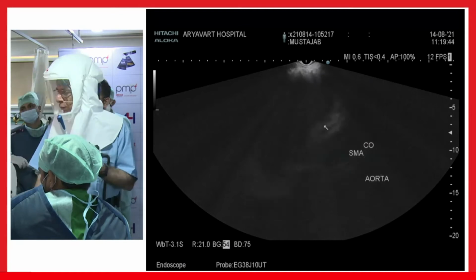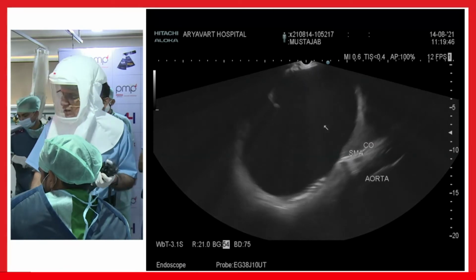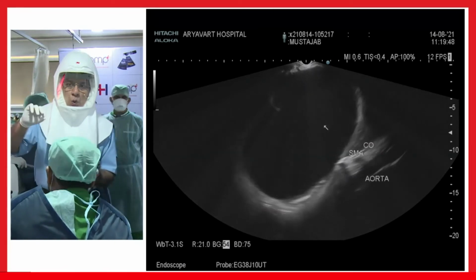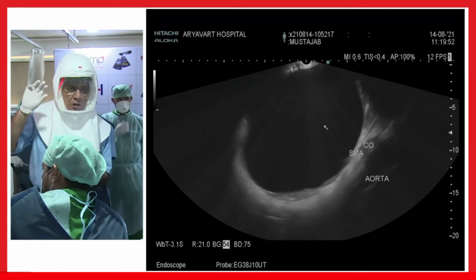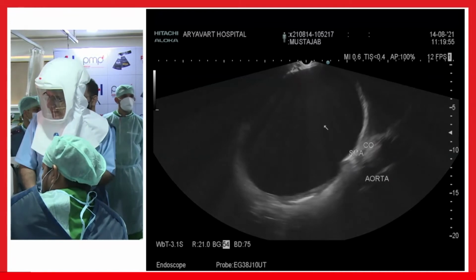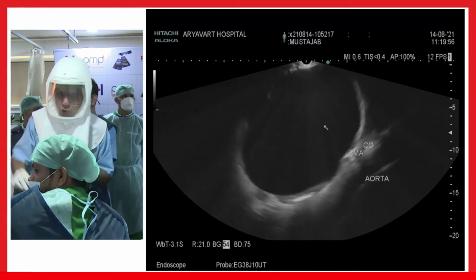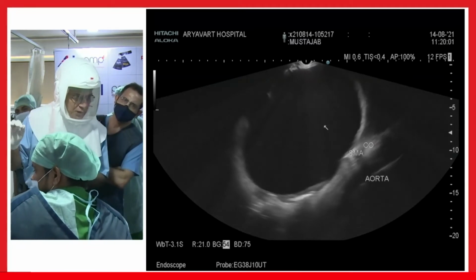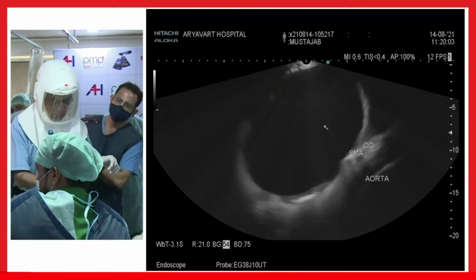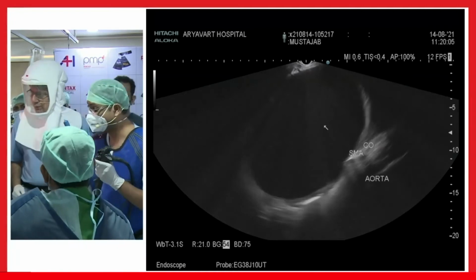The third reason is, if I rotate, this cyst has 3 dimensions and goes all the way to the hilum of the spleen. The lesser sac has 3 recesses, and if it goes to the hilum of the spleen, then this is a lesser sac collection and not a pseudocyst. But it doesn't matter, both can be drained. Okay, that's fine.